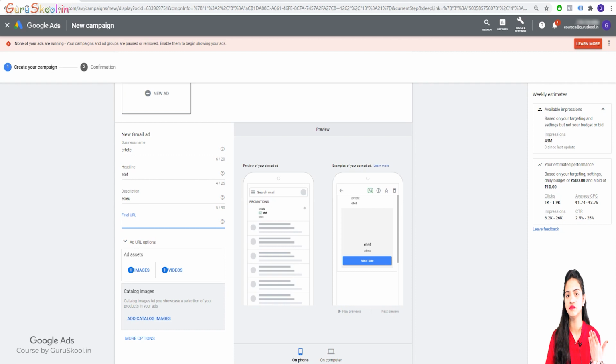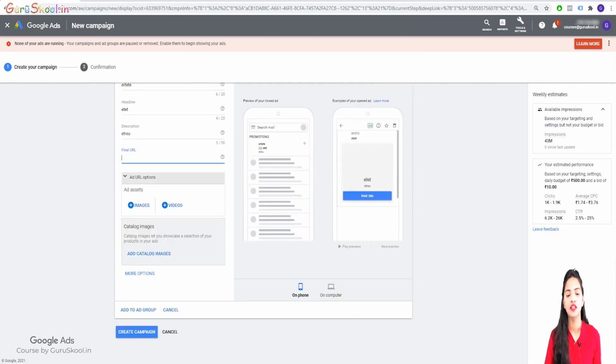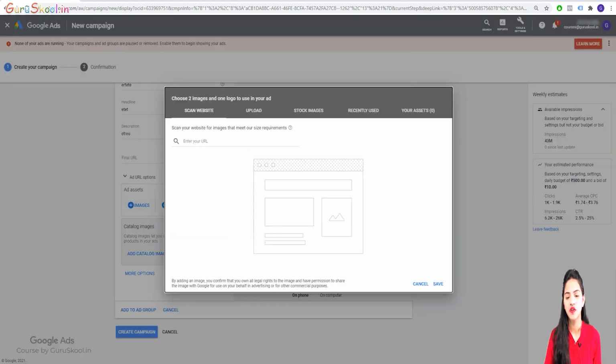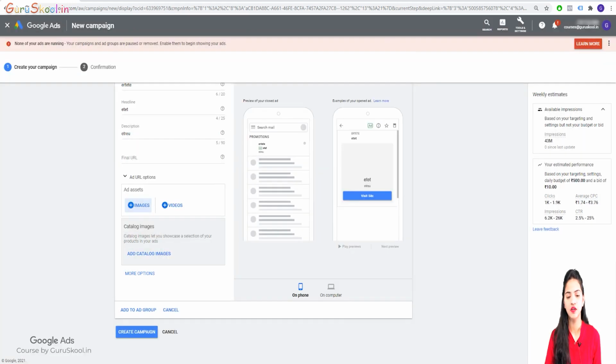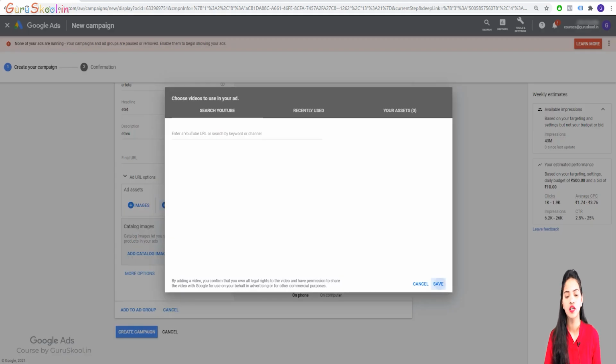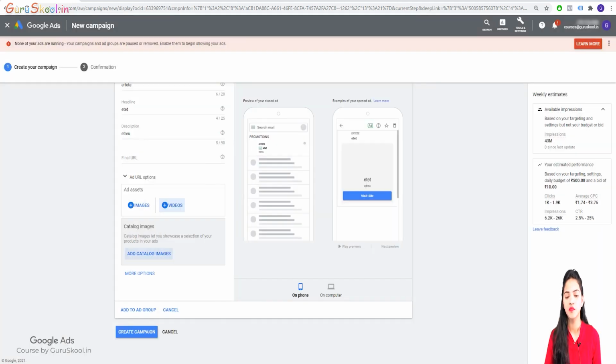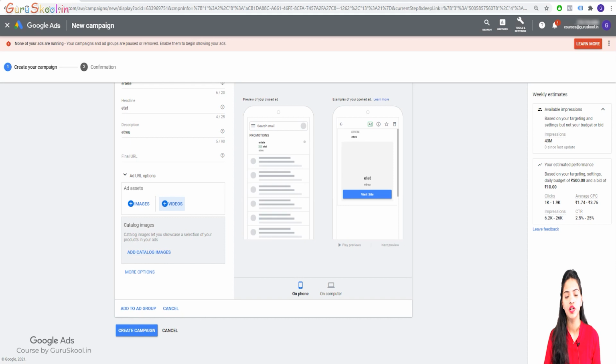My landing page. It could be my landing page. Then URL options, up to you if you want to set that. Then you can add the images from here. Or if you want to add videos, then you can add the catalog images if you want to. And then more options, if you hit on more options, then you have custom teaser,